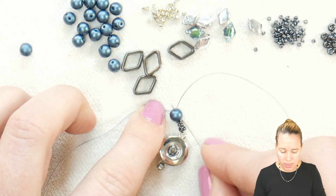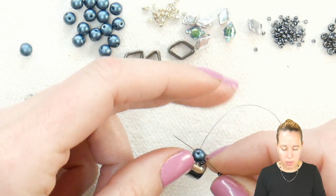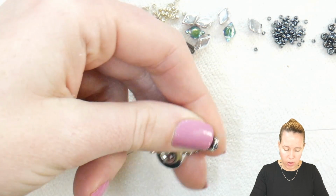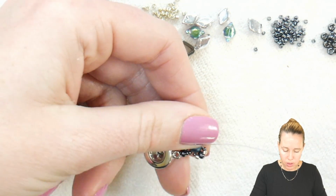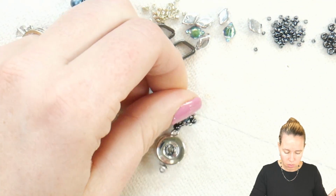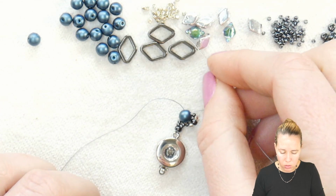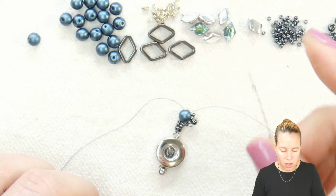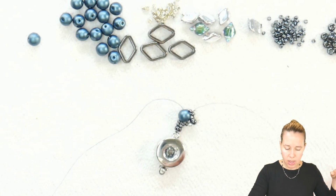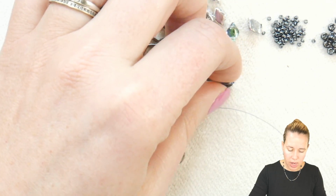Taking the needle on the right side, I'm going to go back to the start of that first hole my thread is coming out of, down to the bottom, and back through to decorate the side of the RounDuo bead. Give a nice tight pull, and that'll push it right off to the side. From here, I'm going to add one more 15/0 and one more Delica. Let that sit right there, and while I have my right needle, I'm going to grab my first Halo Diamond